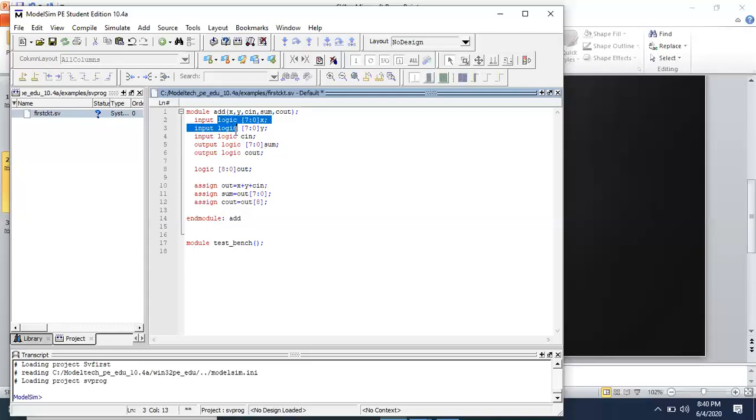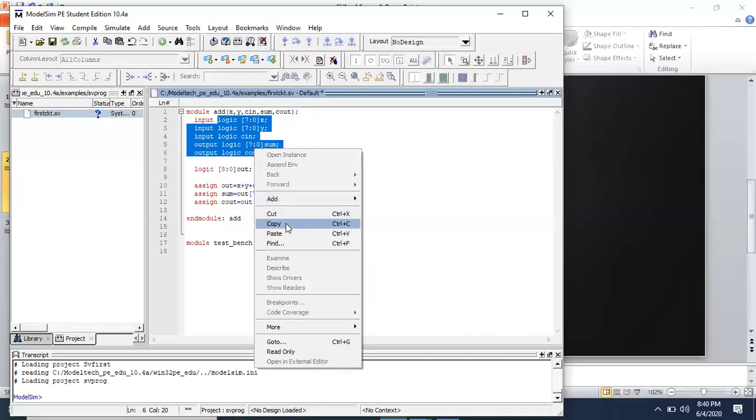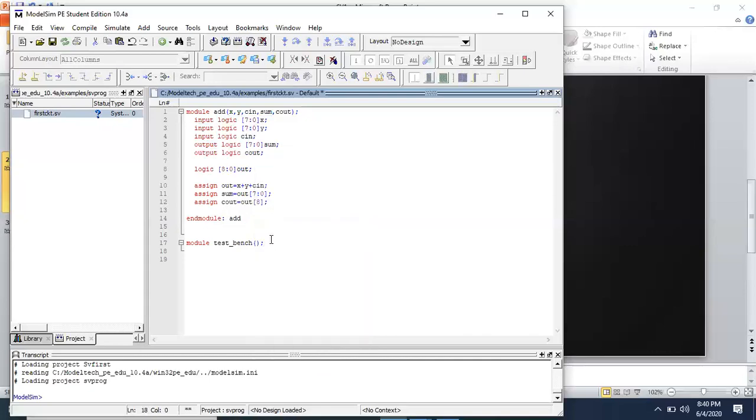Now I'll copy these things, because we are going to use the same variable names. Either you can use different variables. So logic, here instead of x you can use tb underscore x, and logic tb underscore y.